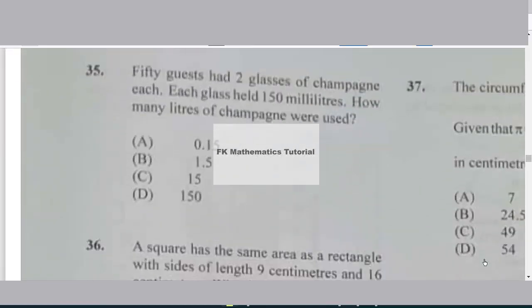Number 35. 50 guests had 2 glasses of champagne each. So together we have 2 times 50 glasses, which is 100 glasses. Each glass held 150